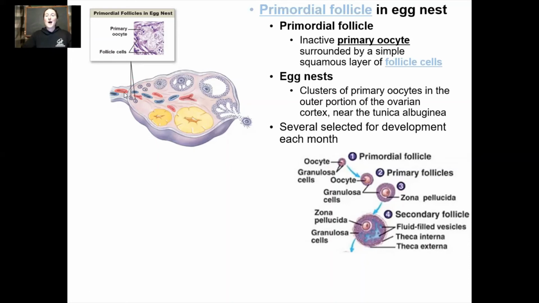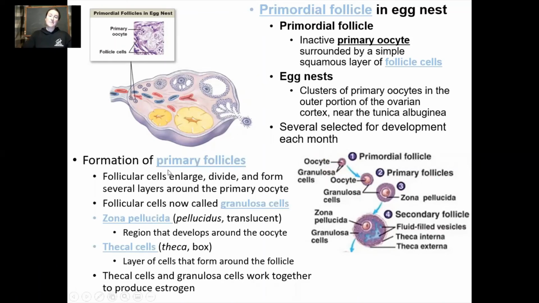How clever. So in the primordial follicle exists the inactive primary oocyte surrounded by that simple squamous layer. So one skinny little layer of flat cells. Okay. Once one of those primordial follicles is selected to continue, we're going to develop what is called the primary follicle. Okay, so the primary follicles, just as the video just showed,